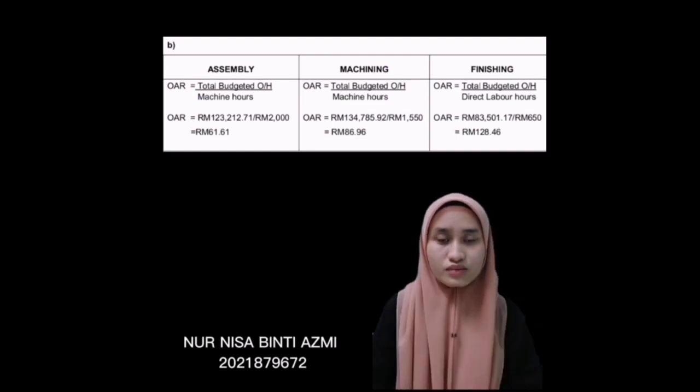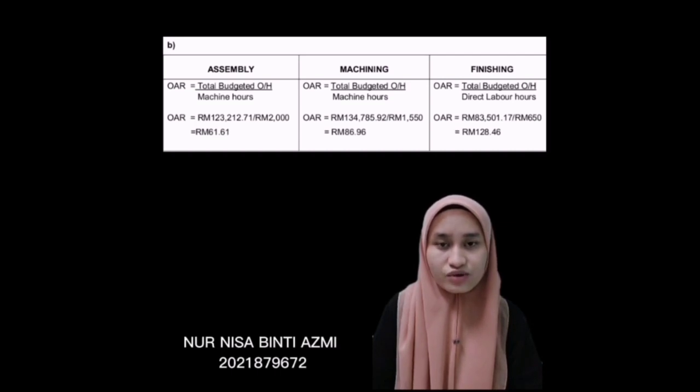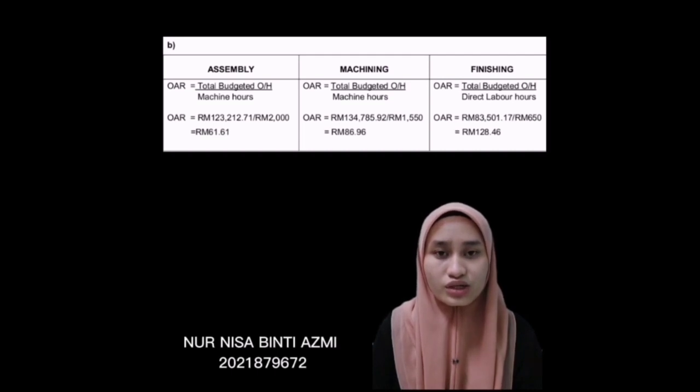2021879672. For question 1B, I will explain the calculation for the assembly, machining and finishing. The formula is overhead absorption rate equals total budgeted overhead divided by machine hours for the assembly and machining. And for the finishing, we use direct labor hours. So we go to assembly. The calculation is